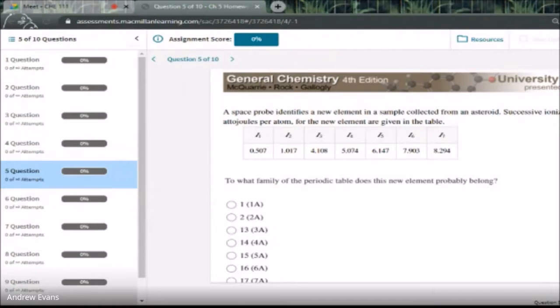And if your element is 6 or 7, it would be easier to gain 2 electrons or 1 electron than it is to lose all 6 or 7. However, it is still possible to lose all 6 or 7. So what we should have been looking at is, what is the group number versus what is the likely charge? So a 5A element would rather be 3 minus than 5 plus,